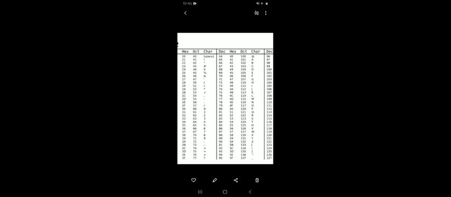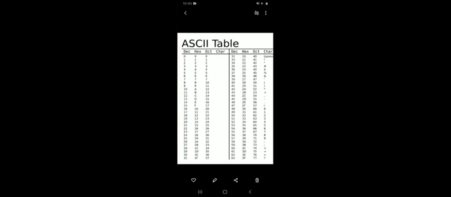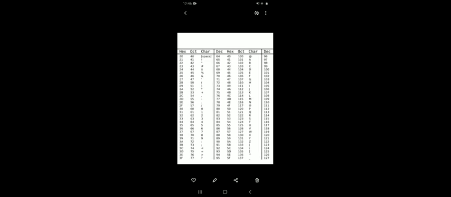Whatever characters we have, they are more than 128. So definitely we can't work with 7 bits; it is an 8-bit number. 8 bits means how many characters can we code? 2 raised to 8 is 256.